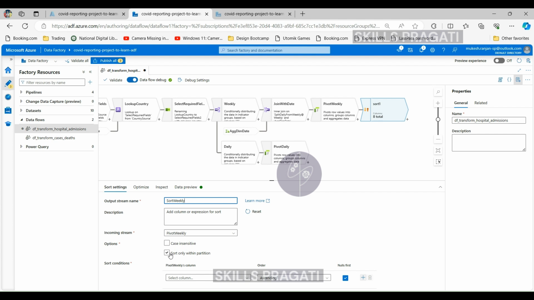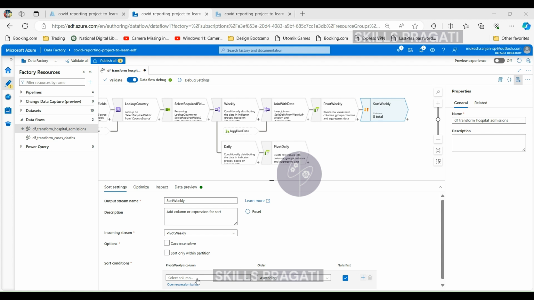and here you can also tick to say whether you want to sort only within a partition. As you know, Data Factory runs these data flows on a Spark cluster. So the data is going to be partitioned and pushed into different nodes to do the processing. So if you want to sort only the data within a specific partition and then bring it all together, then you would tick on that. But for us, actually, we want to get all the data sorted within the file, so I'll leave that unticked,